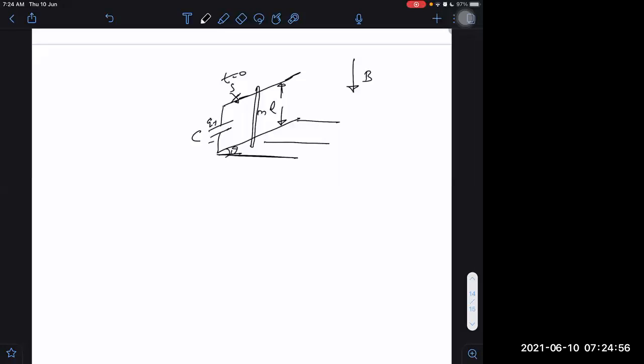Maximum height is sufficient. You don't have to worry about that. I'm not giving you that complicated case where it will go over that and then it will fall and follow projectile or something. Not like that. Assume it has sufficient height and you have to find out what is the maximum height attained.